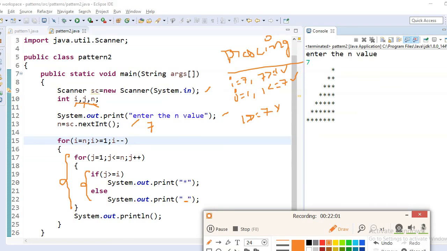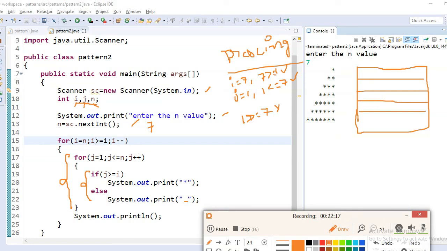Okay, we can draw the diagram here. 7 rows, 7 columns. 1, 2, 3, 4, 5, 6, 7 and 1, 2, 3, 4, 5, 6, 7.